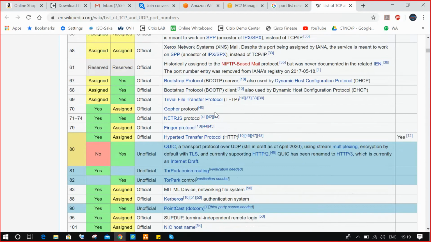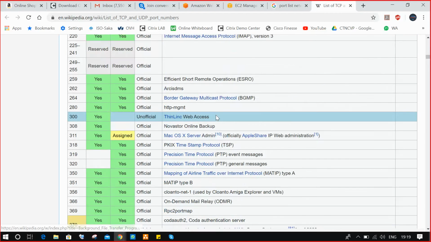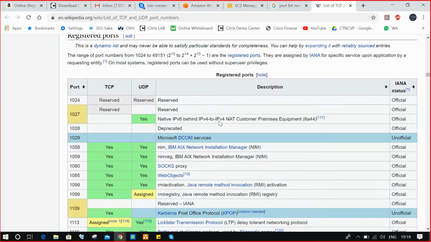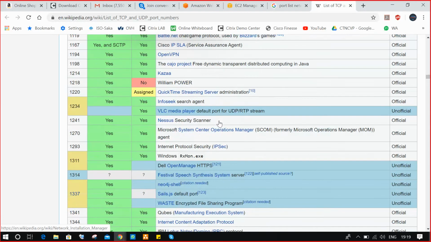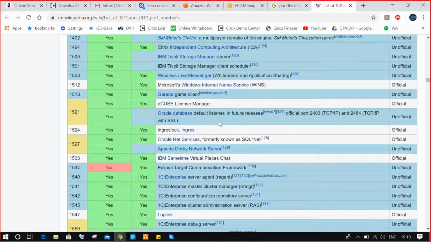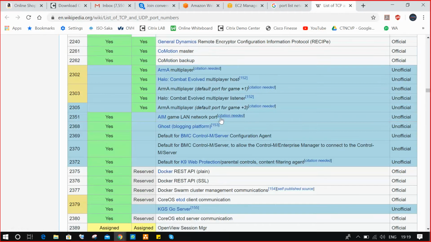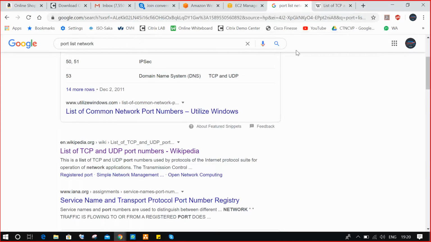If we have time, we can go through it, but I know you will not remember all the port numbers. So how are the ports categorized? That's a very important question, so I will discuss that first.